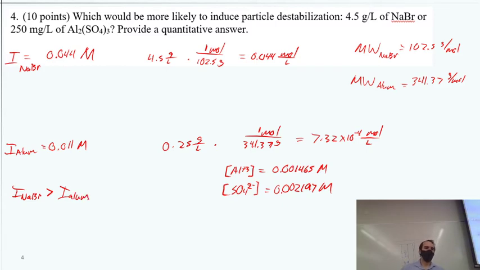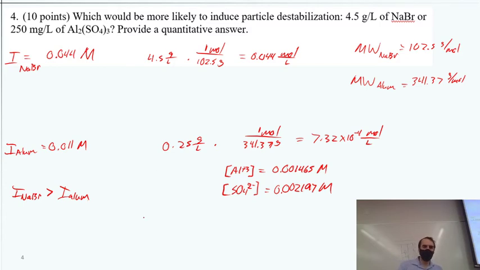But it wasn't too far off. So we see that if we increase that alum by a little bit, from 250 milligrams per liter to maybe half a gram per liter or something, we could start getting competitive with that sodium bromide at 4.5 grams per liter. So just a little exercise, ionic strength,